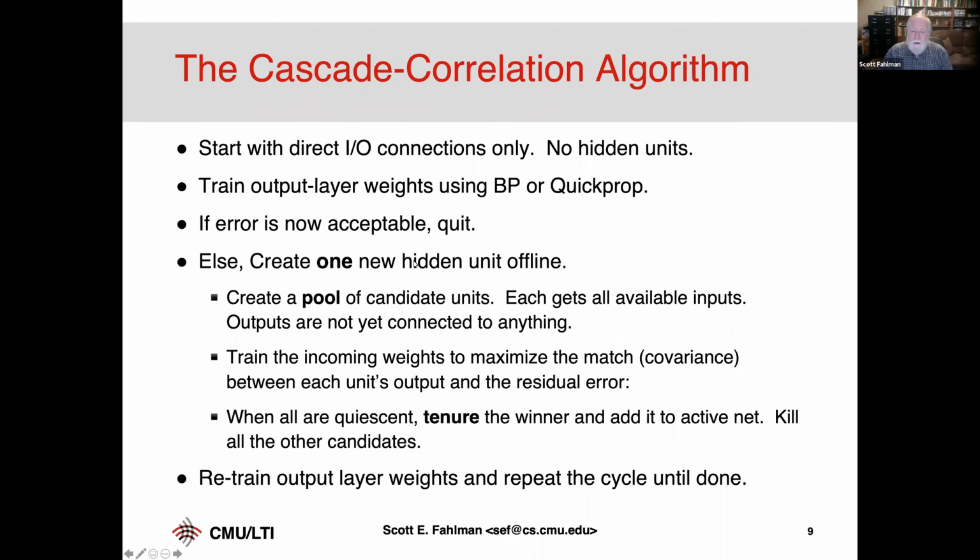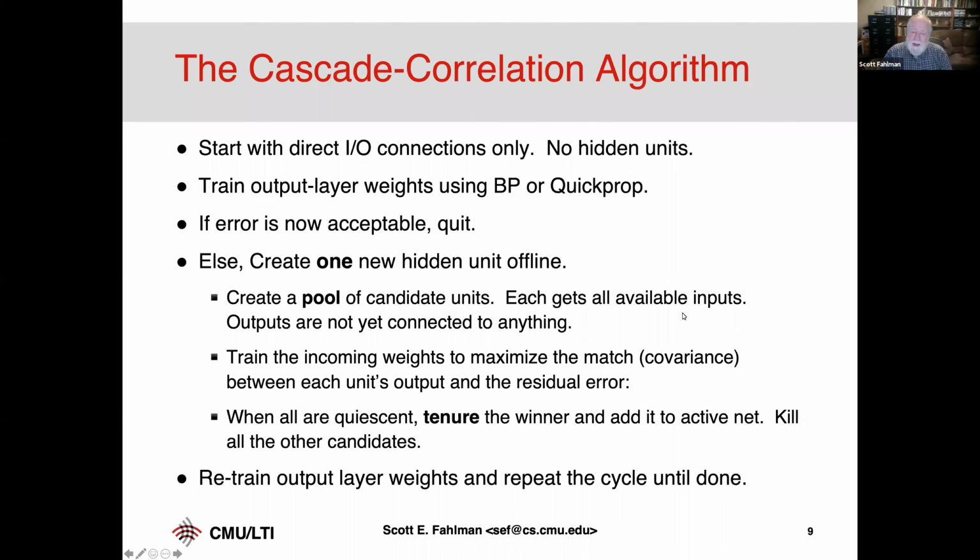So now we're going to try to create one new hidden unit offline that we can add to the network. And then maybe a second one and maybe a third one, as we saw in that diagram. But right now we're trying to create the first hidden unit. I found that instead of just training one up to match the error, it's better to create a pool of candidate units. For reasons we don't fully understand, these units sometimes get stuck. They look like they're correlating well, but it's not really solving the problem. Some of them just get stuck in useless parts of the space. So we create a pool of candidate units. I was using a pool of about 8 of them. These days you'd use 8 million.